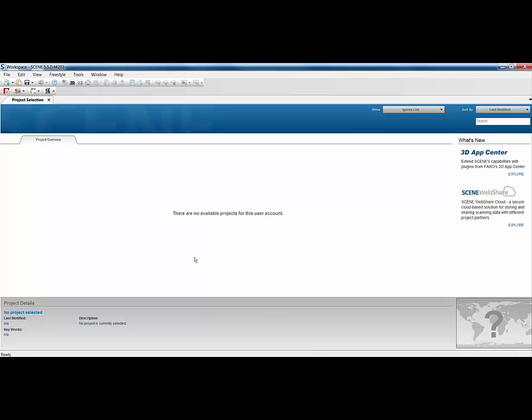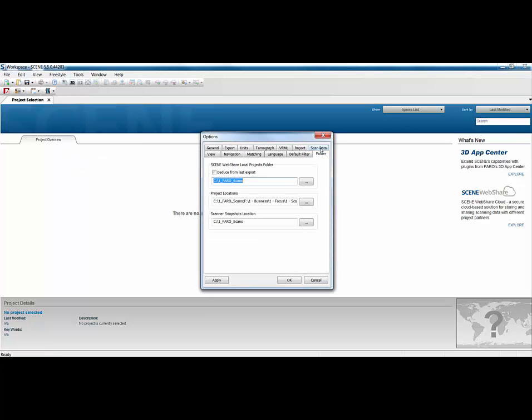I've had to change mine a little just to show you this, but in essence what we need to do is set the file locations for all the projects that you're going to create in Scene, and we do this from the options, which is under the tools menu. So if we go to tools and then options and then we go to folder, as you can see in here I've got multiple locations. So if I just delete those for now,